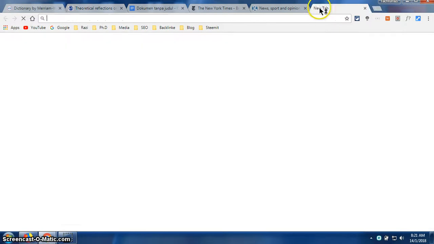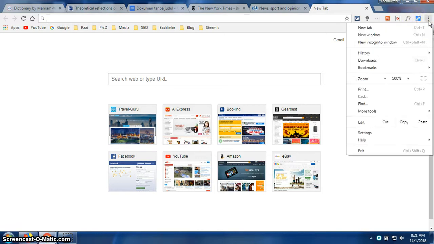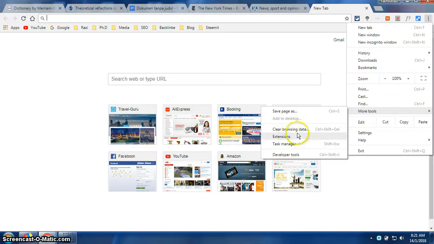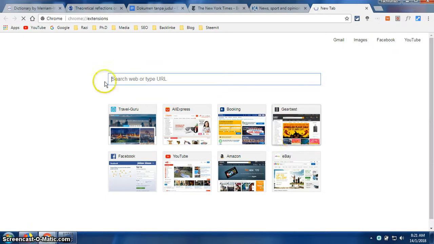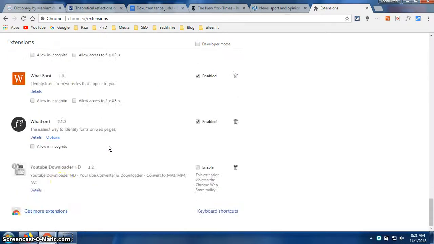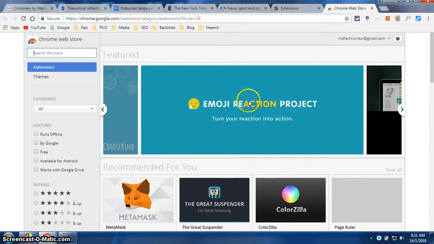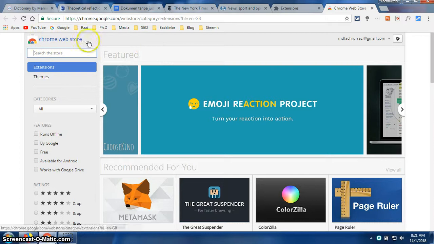Just open your Google page again and go to the three dots on the top right corner. Click those three dots, go underneath to More Tools, and then go to Extensions. You will have an extension list there, but you want to go underneath and click the Get more extensions link, until a page opens. Then you will be directed to the Chrome Web Store, and you want to type in